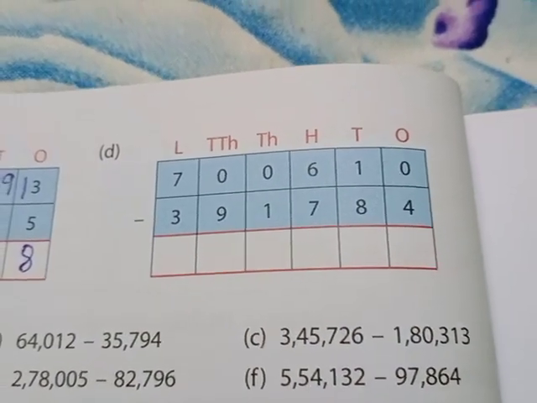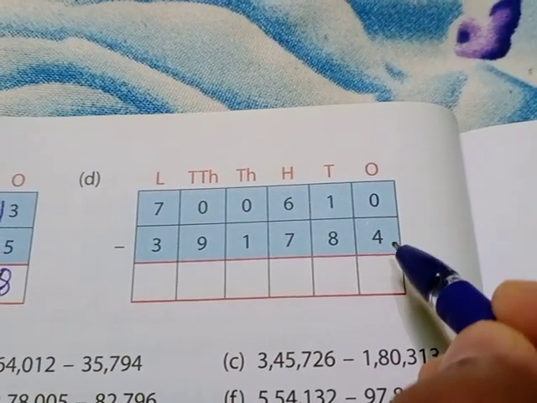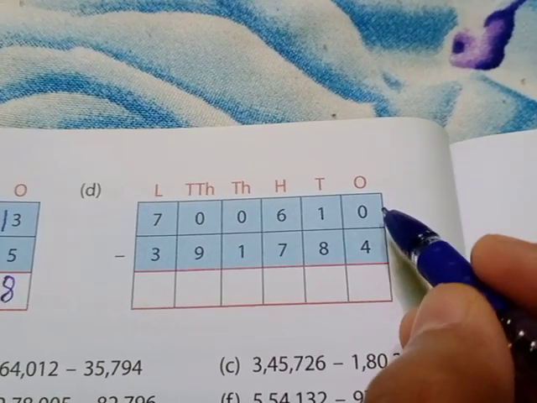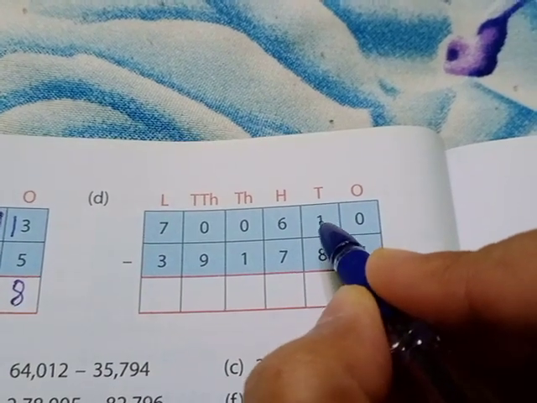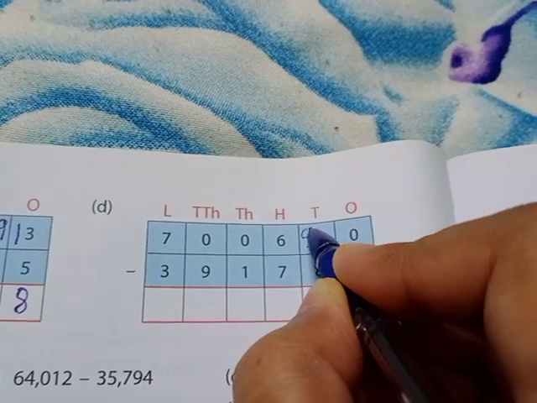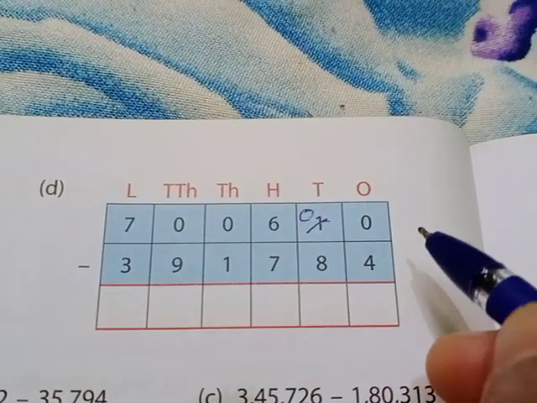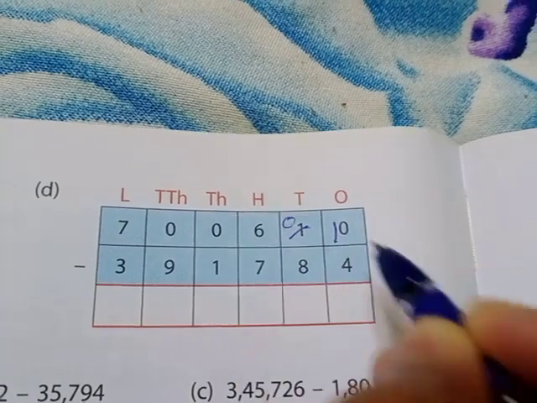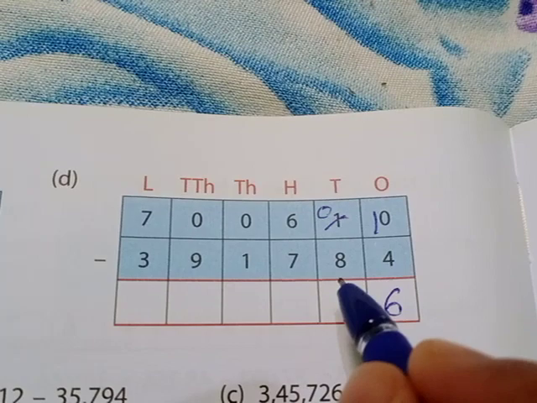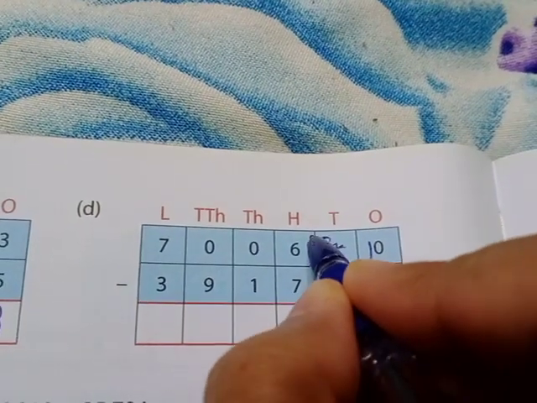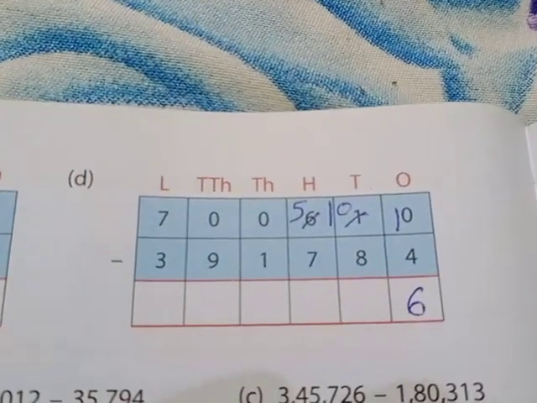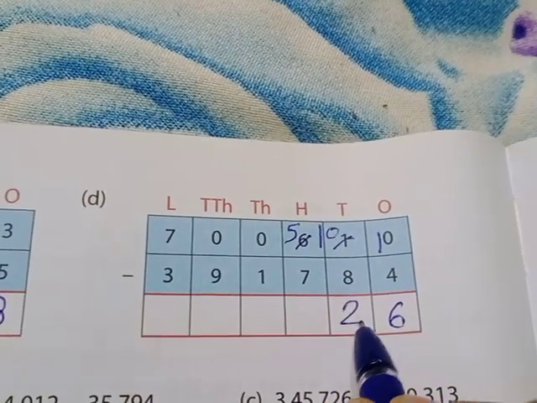We have 0 again. So from 0 can we subtract 4? No. 0 is the smaller number now. So 0 will have to borrow. 1 will give its 1 only to this number. 1 will become itself 0. Are you getting this? 1 itself will become 0, and this will become here 10. 10 minus 4 is 6. Can 0 subtract this 8? No. 0 will become 10, and 6 will become here 5. Clear na? Now 10 minus 8, 2.